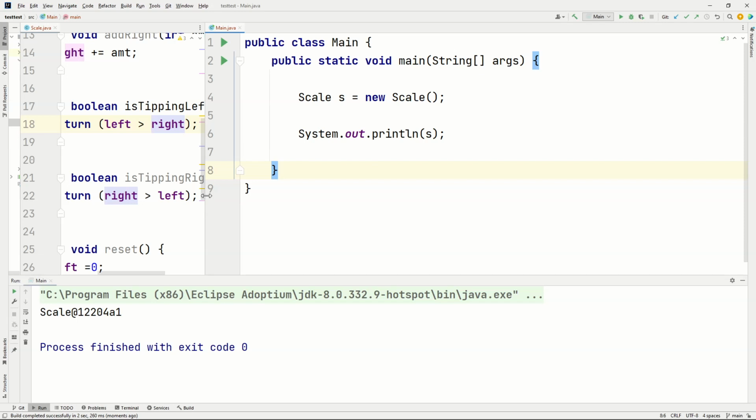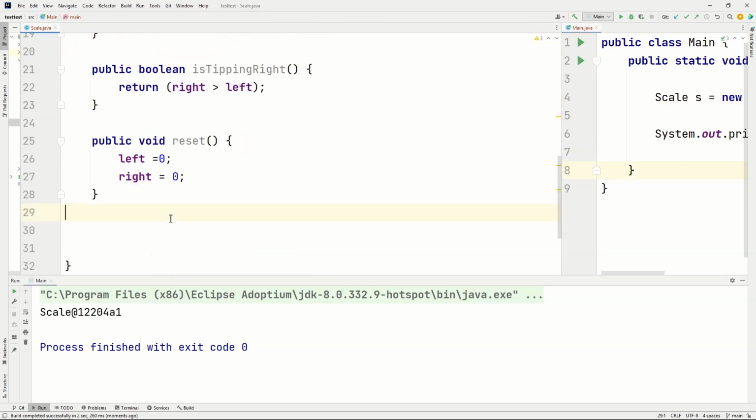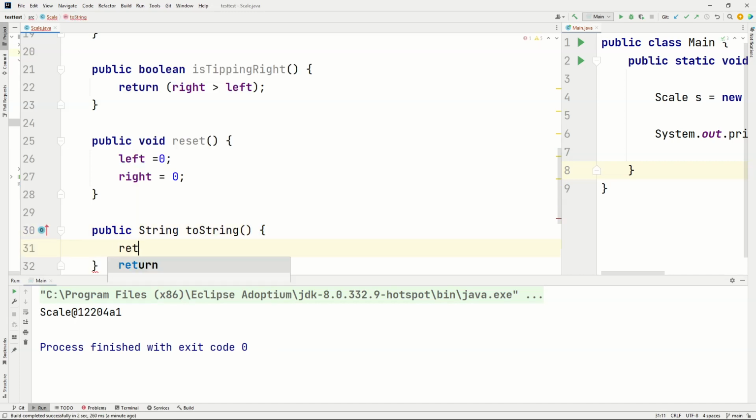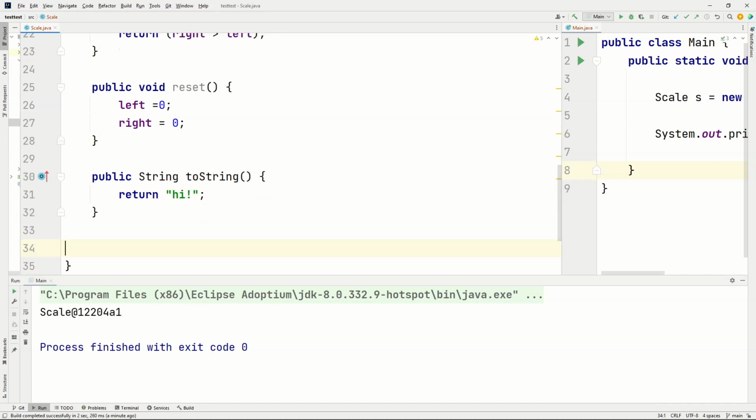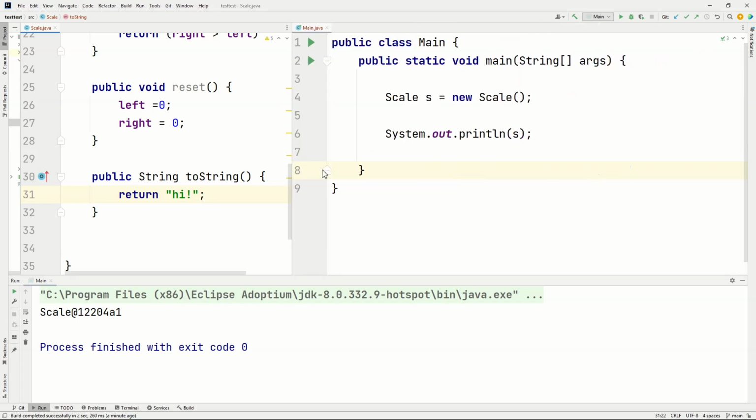So there's a special built-in method called toString, which you declare. So it always looks the same way. Public string toString, and then you return a string that's what you want it to display when you print it. So if I just return hi, that's not helpful, but if you watch now, when I print line S